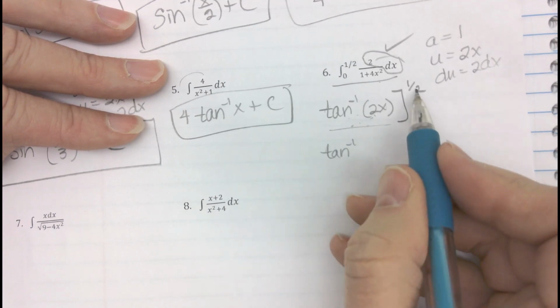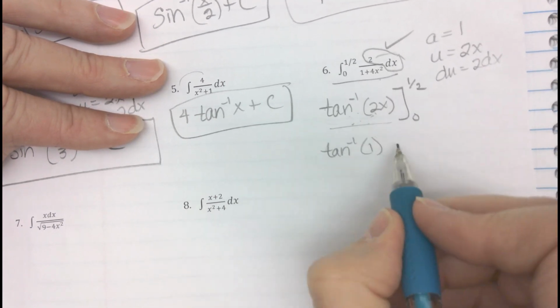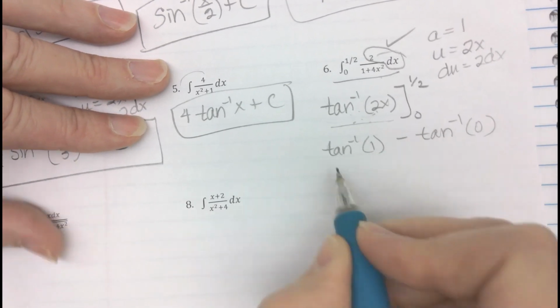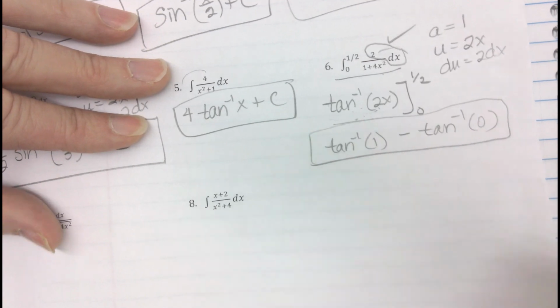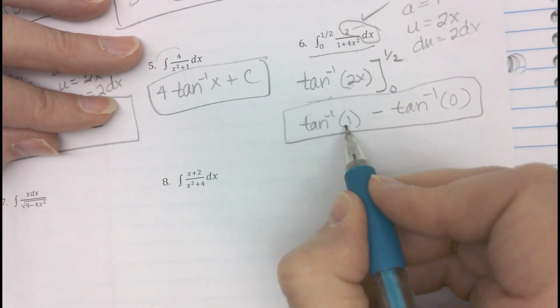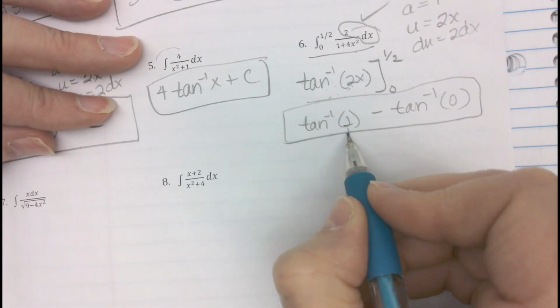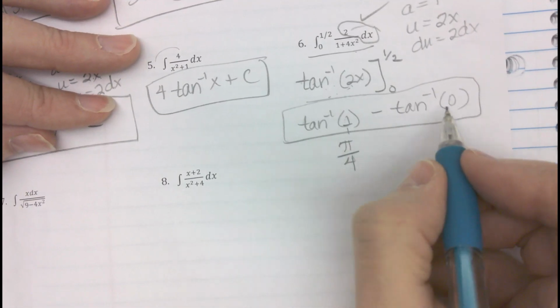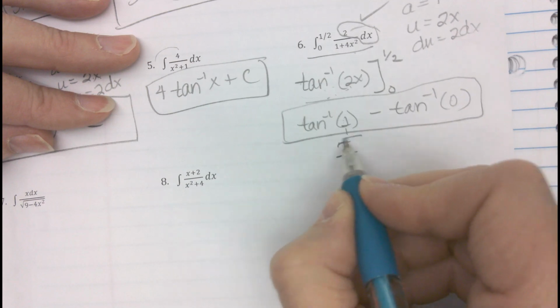So plug in the top one. 2 times a half is 1. Plug in the bottom. Free response. But we've already said the angle that has a tangent of 1 over 1 is 45 degrees, pi over 4. And the angle that has a tangent of 0 is